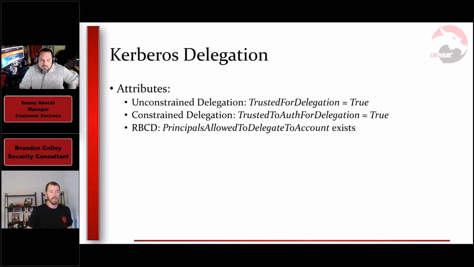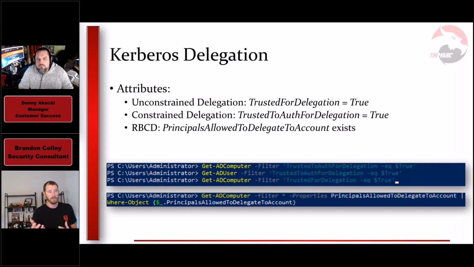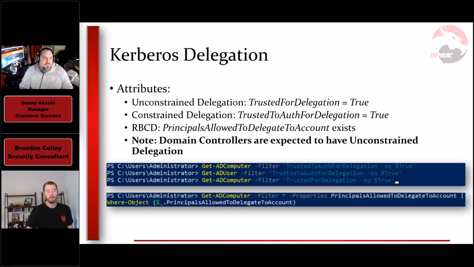Okay, so how do we find these in our environment? Accounts that are used for some sort of delegation. We've got a couple different types, as I mentioned, so we have a few different mechanisms to find these. This is what you can do in PowerShell. You can run filters and locate your computers and users that have these attributes set. That last one is a little bit trickier. You have to do a little bit of magic to pull out that wildly long attribute name. But you can find these things pretty easily just using PowerShell.